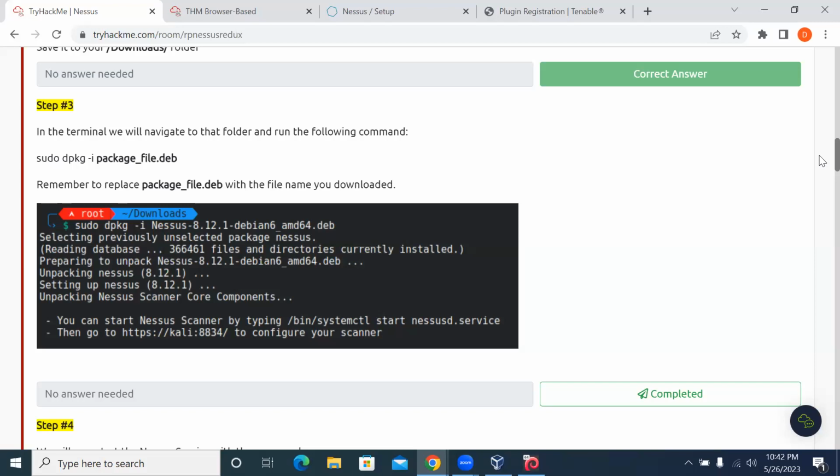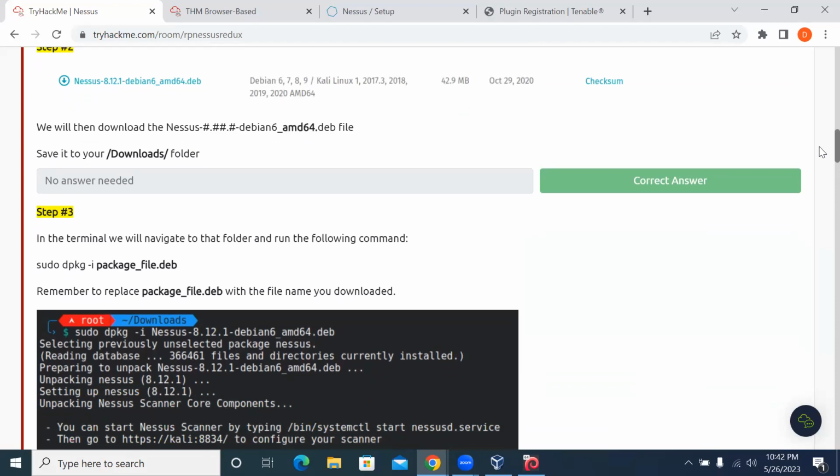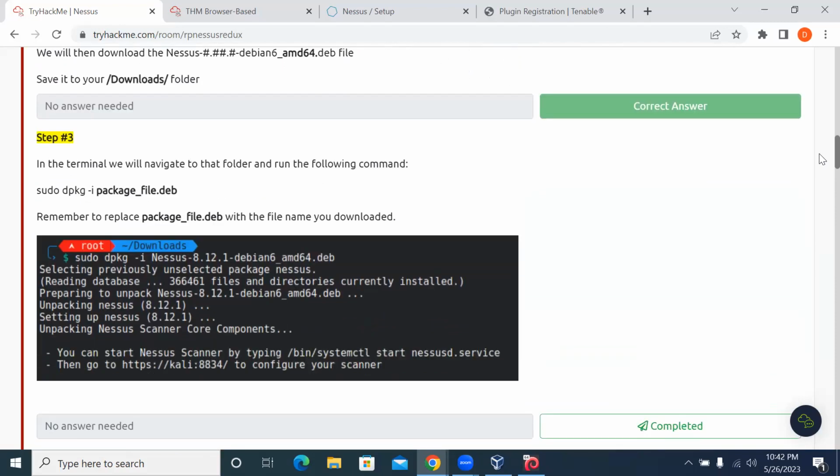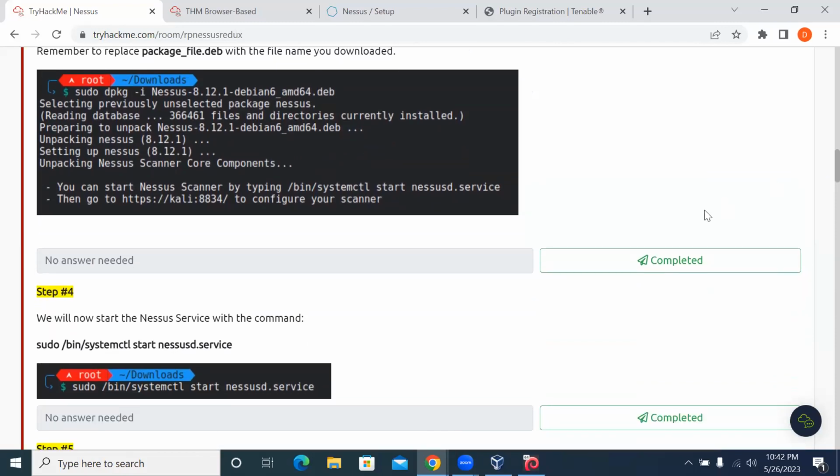this machine. The TryHackMe platform machine, we have been asked not to install anything on them. So it is on our Linux machine. For instance, I want to install it on my Linux machine. These are the steps I'll follow. I'll now download it, then depackage it, right? Then after that, I will